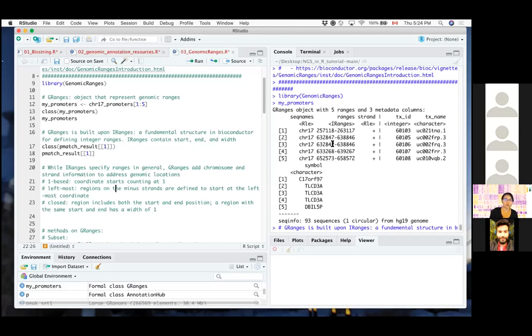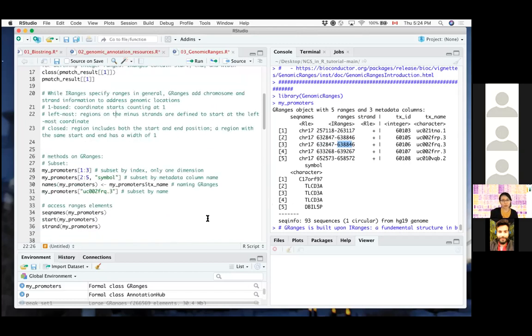So it always orders from the smaller value to a larger value. And it's also a closed region, so it includes both the start and end. So if a region has the same start and end, it'll have a width of 1. This is also different from the BED file format that I was talking about. So again, something that you want to keep an eye out for if you are doing analysis that requires base pair